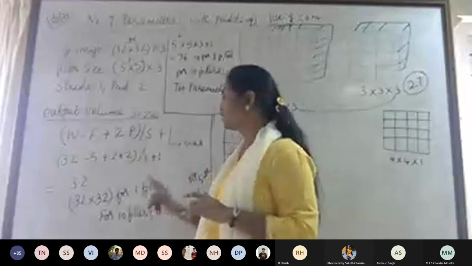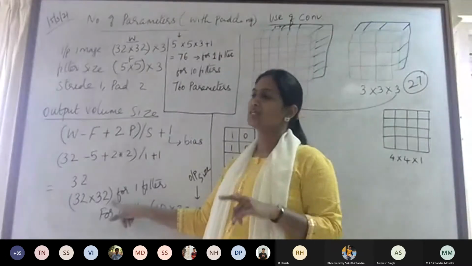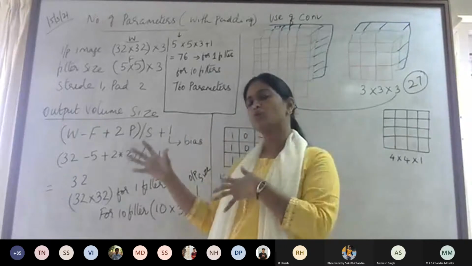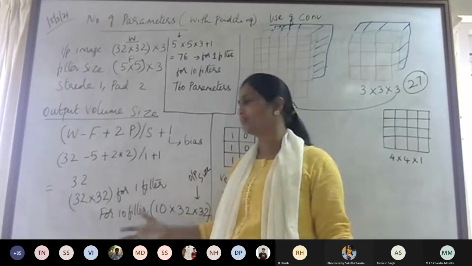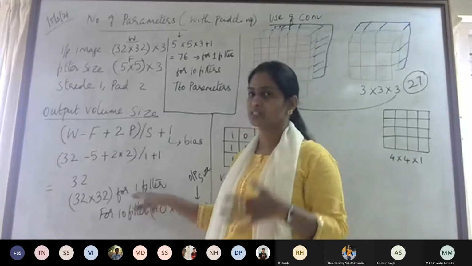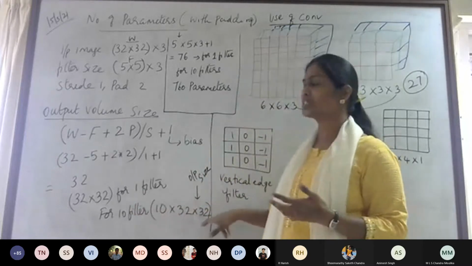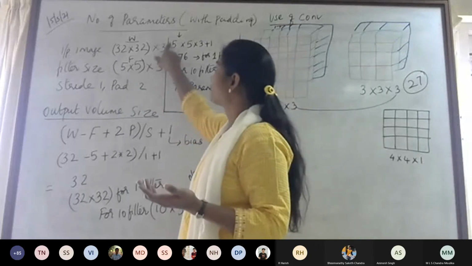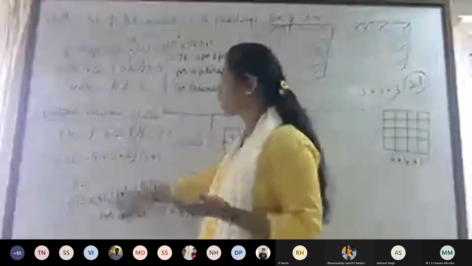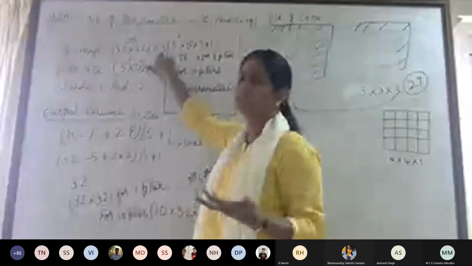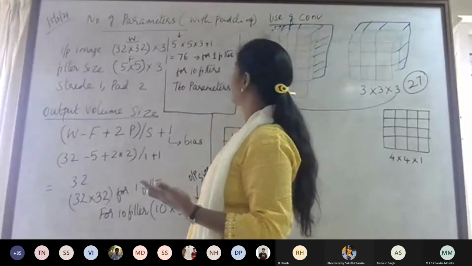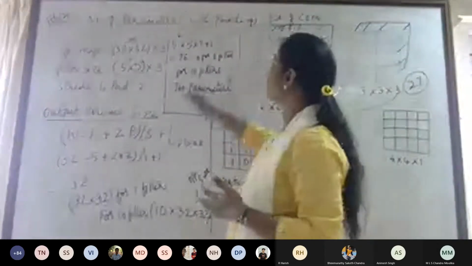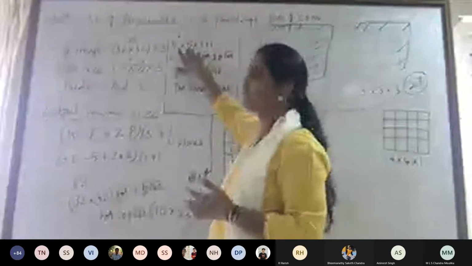So for one filter, I will be getting this. Suppose I have 10 filters for eye, nose, mouth, body, tail, etc., then I will use 10 filters. So in that case, my output size is 10. Now you will have a question: what happens to this 3? Why has it become 1? Where did this 3 go? To explain that, I will move on to the next portion, but before that, I will complete the number of parameters.